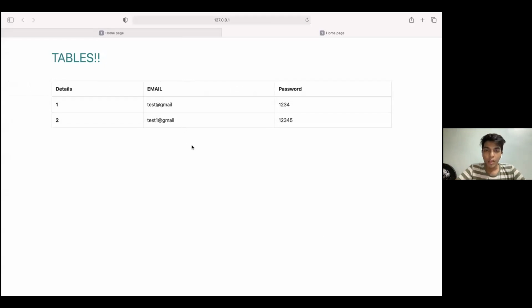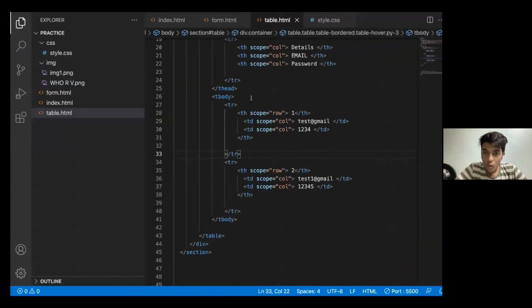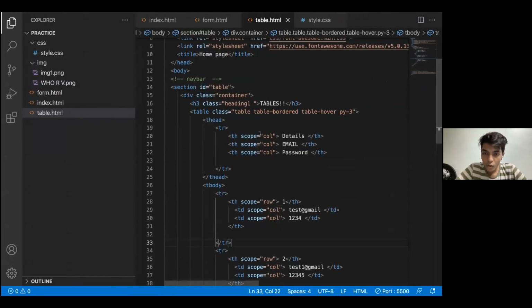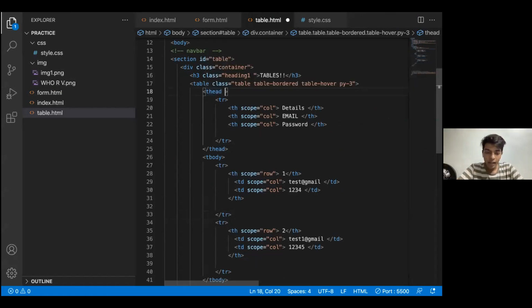Yeah, see. So if I want my table head to be of some darker color, what I can do is go in my T head section and write a class of T head dash dark and save it, and my T head would be dark.